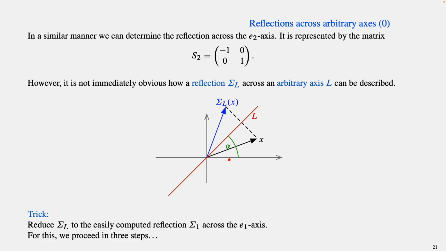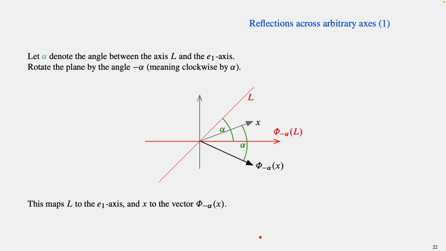Then we can do our reflection easily, and then we transform the coordinates back into the original coordinate system, so L is back to its old self. And this is a very important principle that you will find very often used in geometry, so pay attention to what we're doing now. The first step, if alpha denotes the angle between L and the E1 axis,